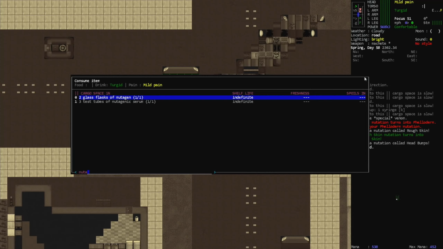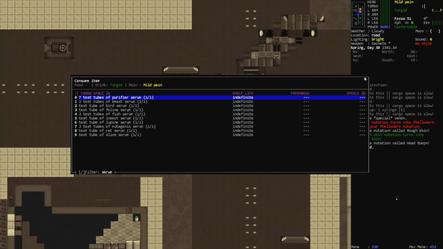Oh, no. Search for serum. What do we want to take? Beast, bird, feline, fish, insect, lupine, rat, slime. I never take slime. I feel like slime probably has a lot of bad ones. Rat can make you small, which is not good, if I remember right. Lupine seems like it might be interesting. Insect, we already took a spider. Maybe we want to take an insect. I imagine they share a lot of